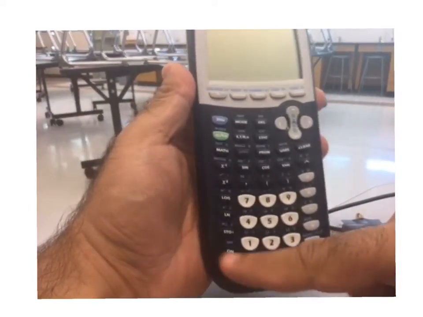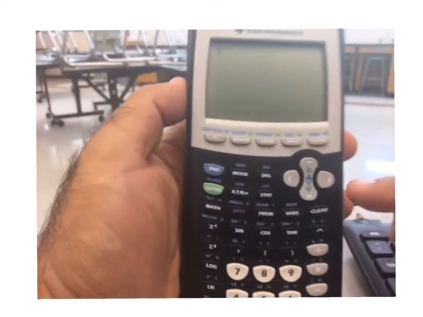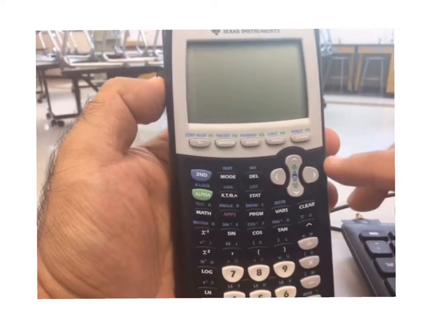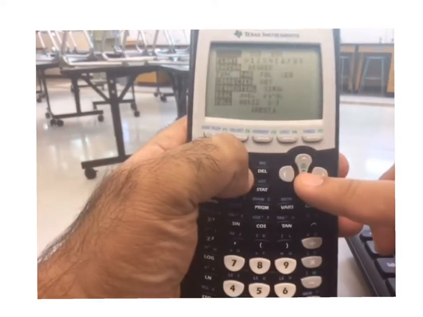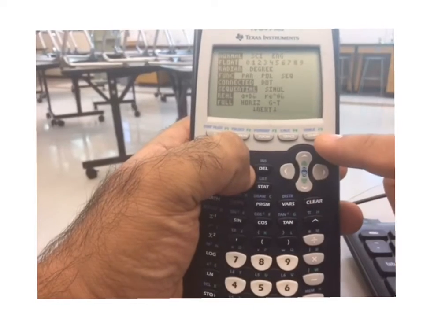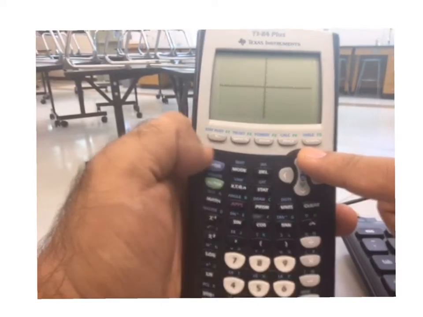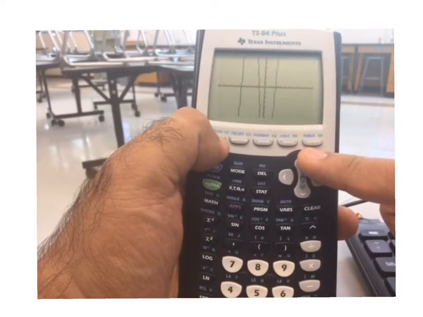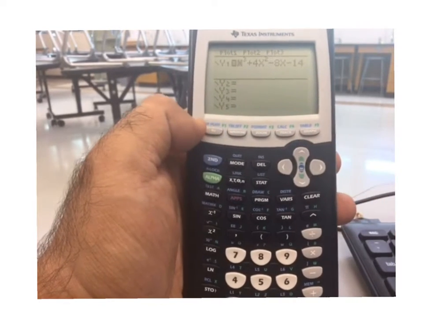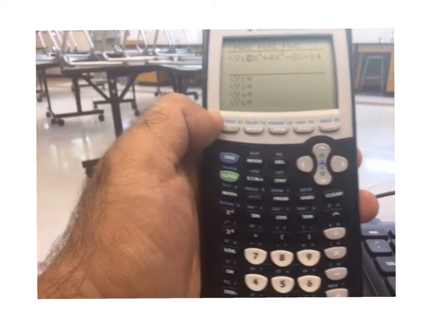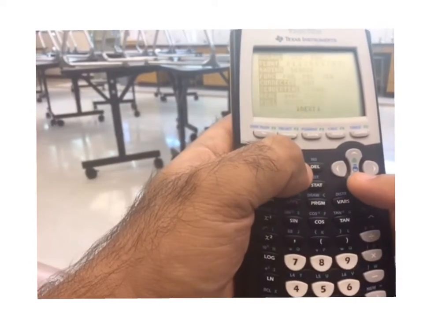I know what parabolic mode is from college. I didn't really know how to use it on the graphing calculator, which they ask you to do. So, when you go to mode, you notice that it should be initially in function mode. And when you're in function mode, then what you see is, okay, stop. You see a y because it's a function. You have a y and an x. But if you go to parabolic,